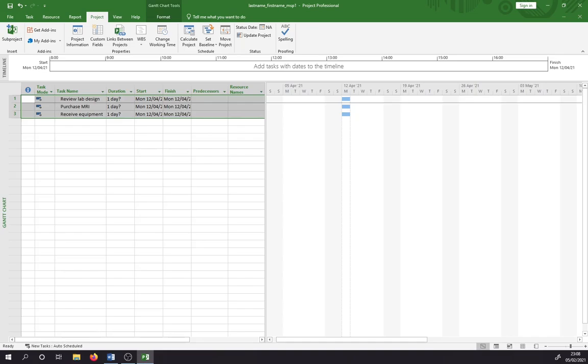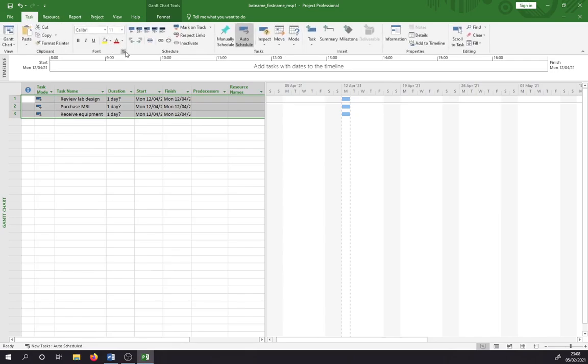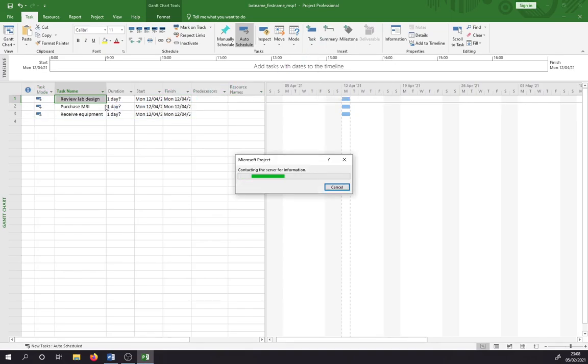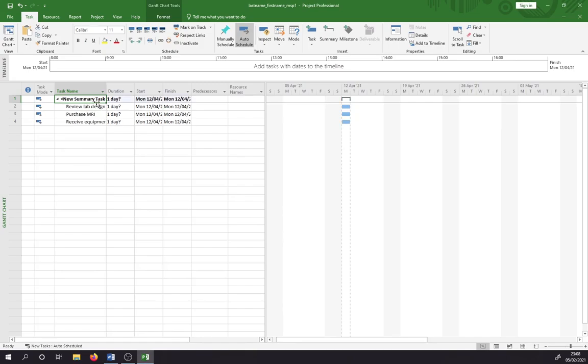Once you've got the 3 tasks, we're going to go to the task tab up the top. Along the top here we have the task. Click on the task and then go to the insert section, and we're going to click summary here. Click the summary and that'll put it in, and it should push them all down. It's going a bit slow. So now we're going to put the summary one in here,